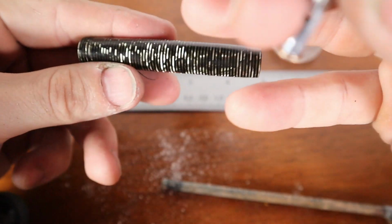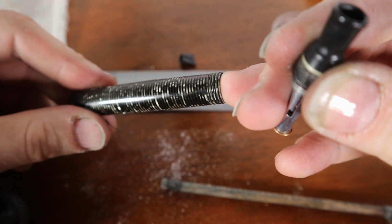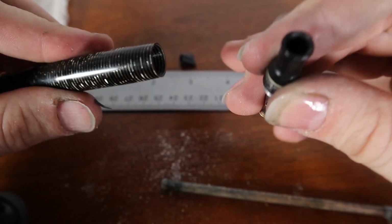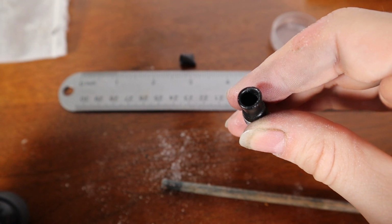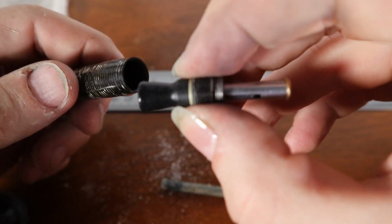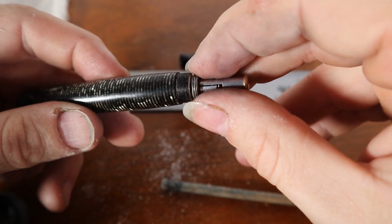So I have cleaned this barrel thoroughly on the inside. I scrubbed it with soap and water. I even used my Simichrome on a Q-tip and just scrubbed the crap out of the inside, because I want this nice and clean. I'm trying to get the barrel as nice and transparent as we can. So I'm going to have to hold on to this. But the grease at the tip is meant to help slide it in place. And there's going to be a little bit